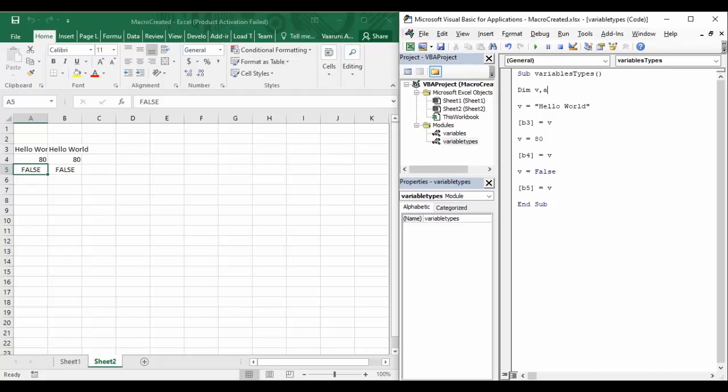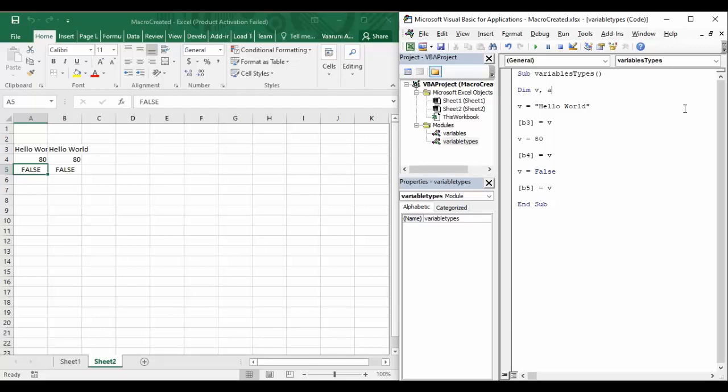Suppose the second variable I want to add is a. Now you can see that as soon as you press the enter key or try to move to the next line, Visual Basic automatically adds a space after the comma to make sure that this convention is followed. Okay, now if you try to run this code, you can see nothing happens. Actually we already had that code. So the variable a is declared, but it is not used anywhere, but Visual Basic does not give us any kind of error on this.